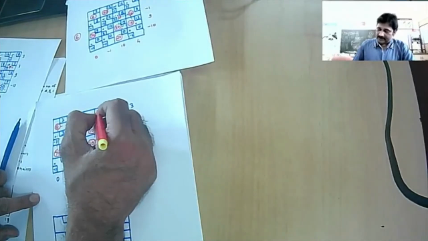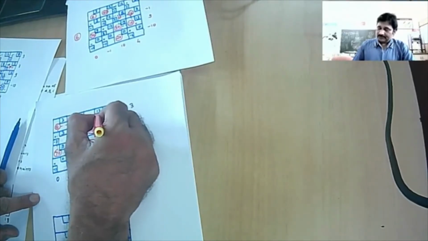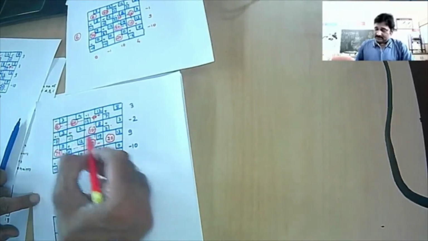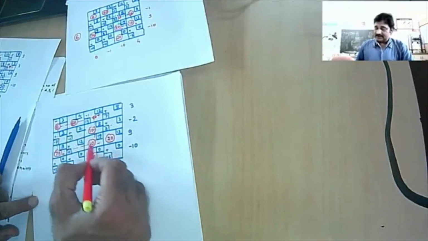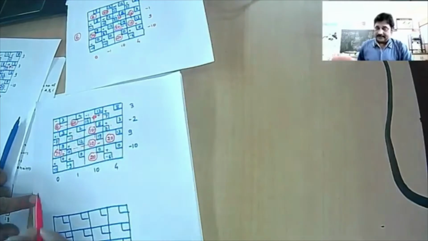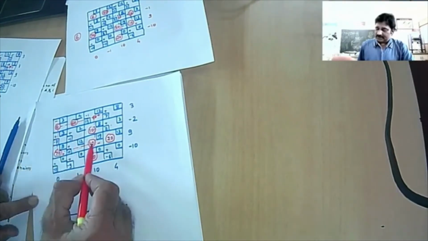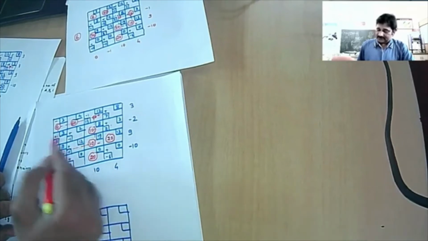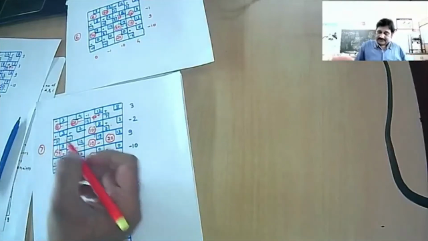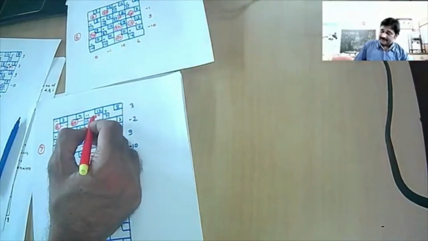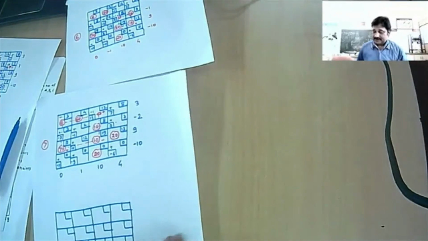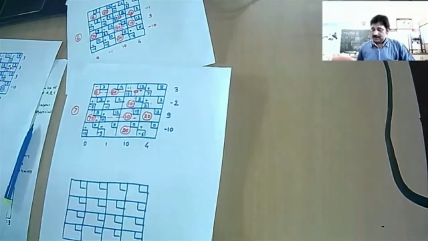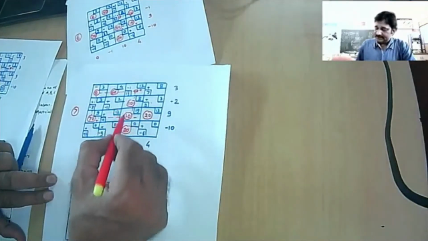Okay, so here what you will be doing, you will be marking plus, minus, plus, minus. So amongst the minus marked cells, you will be finding where the allocation is minimum, and that is the quantity to be allocated here. Okay, so amongst epsilon and 10, epsilon is the minimum allocation. All right, this is going to be the 7th iteration, right? So epsilon I will have to allocate here, and accordingly I'll be correcting the allocations.